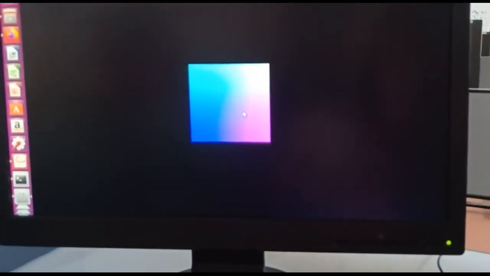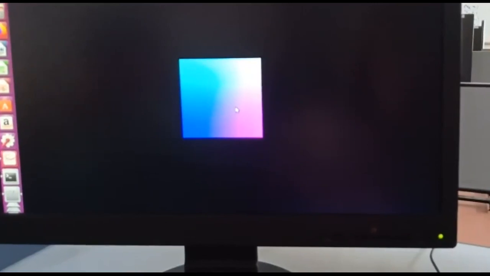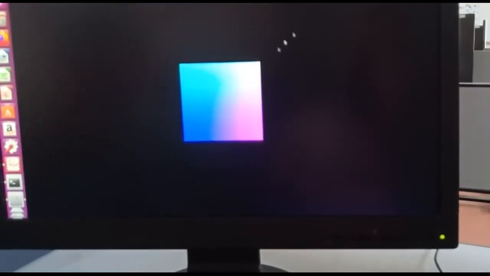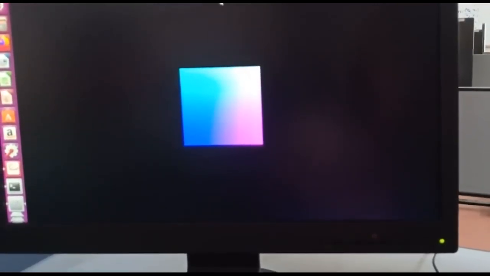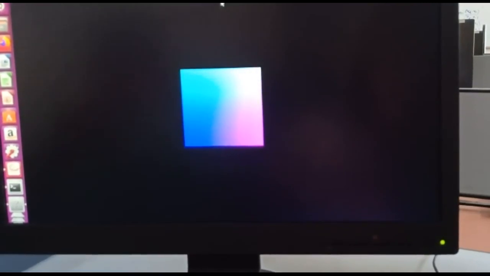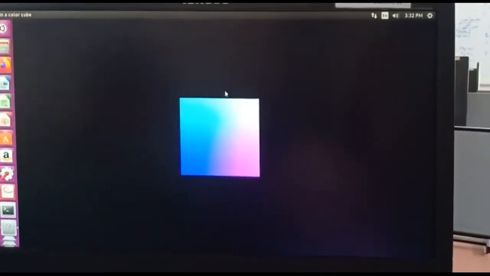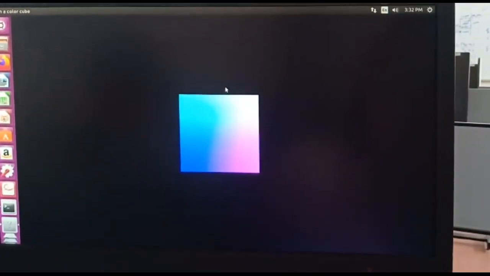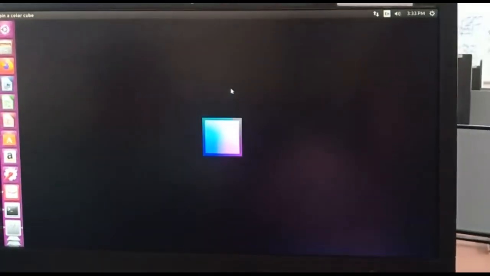Again I will go back to the original position. If I press capital Z, I am going to the backside of this object, and from that side I am viewing, so the object will rotate. You see, it is going to the back and we are seeing the backside of the object, which means our camera is on that side. This is how this program executes, and this is the output of this program. Okay, thank you.